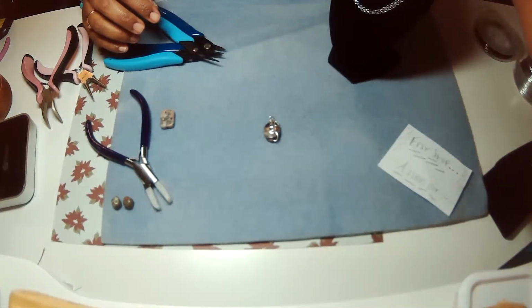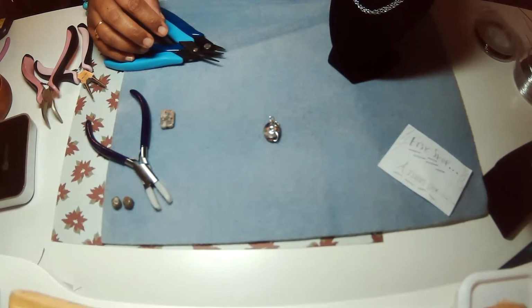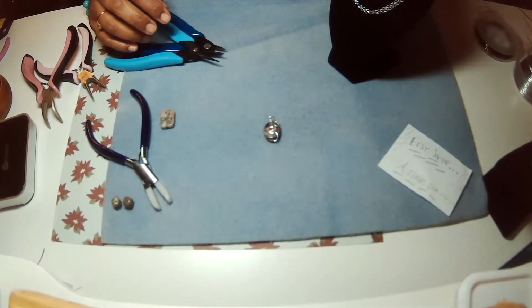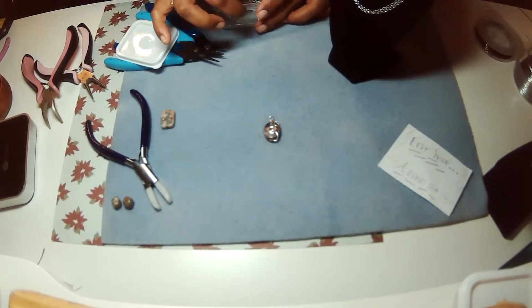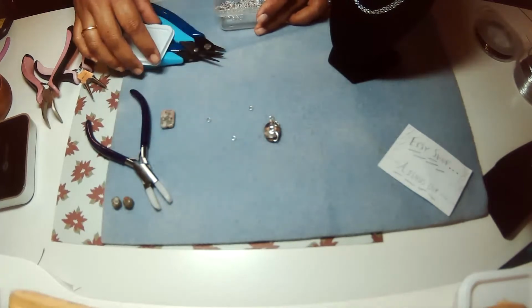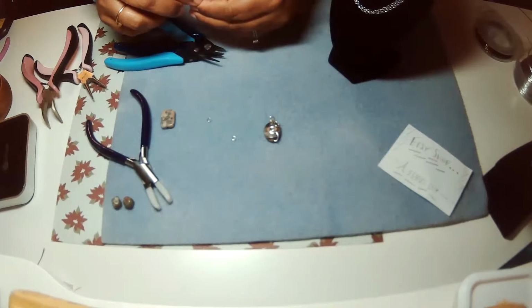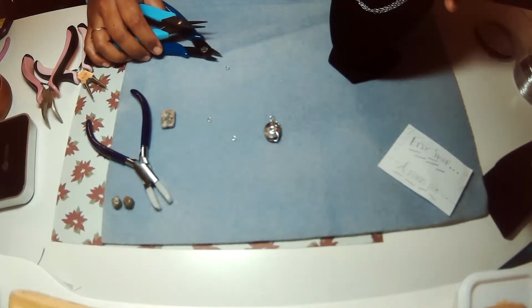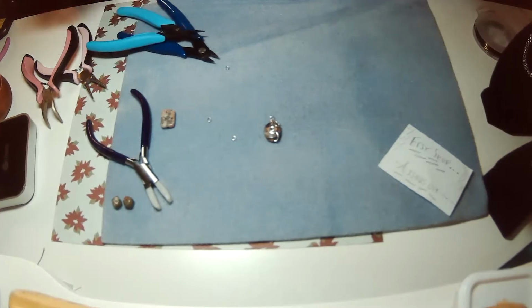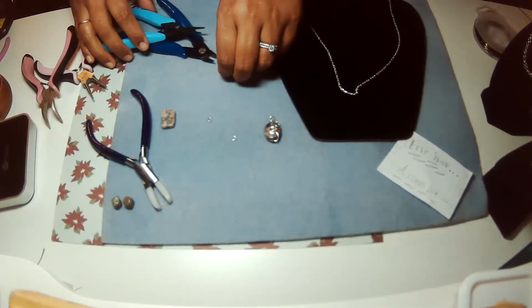So I have here some jump rings. Let me see if I can get a silver jump ring. There we go. Bright silver. It's small, but still we can work with it. All we need to do now is, okay, this one is stainless steel chain, and this one is bright chain. We shall put it in this, and